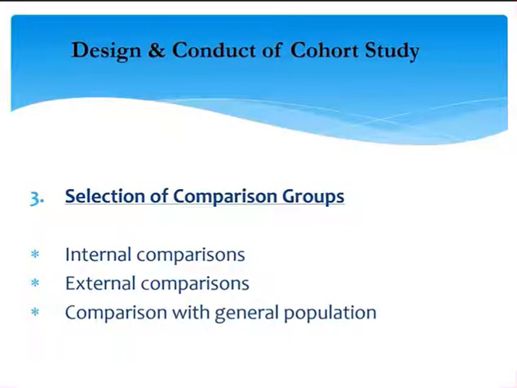Come from within the group itself. So when you choose a group of doctors, you can have people who smoke or you don't smoke. You can have a group of people who are sedentary and those who are not sedentary. So that is called internal comparison. If there is no internal comparison within your group, then you can choose an external comparison. Or in the event where it's difficult to find a comparative group, you can compare with the rates in the general population.